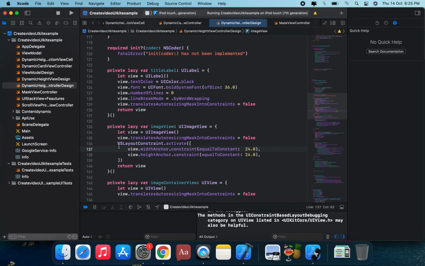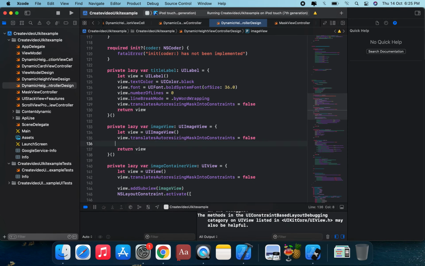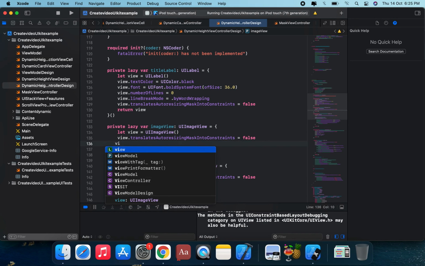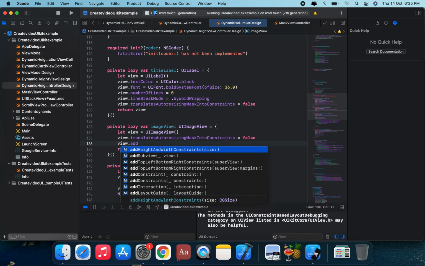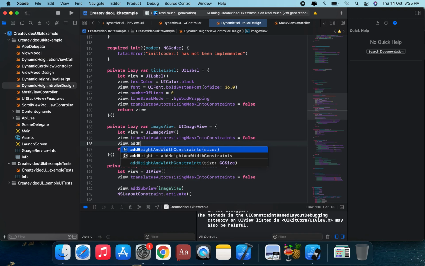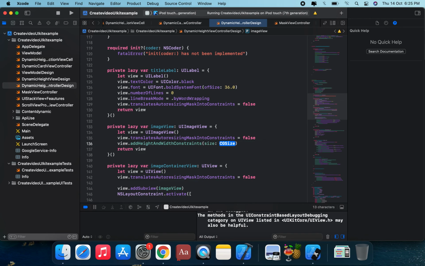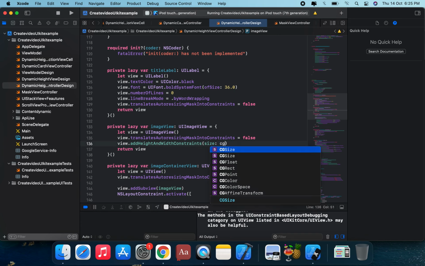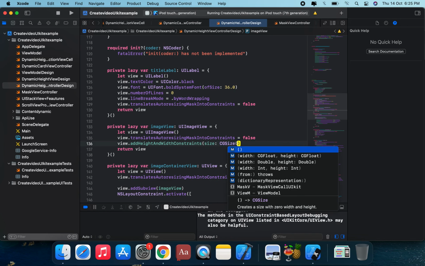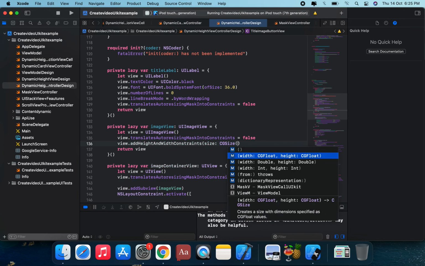Okay, now we're gonna apply on this constraint. Suppose this is a view dot add height and width. We're gonna apply on the sizes. This is a CGSize, which has passed 24 width and 24 height.